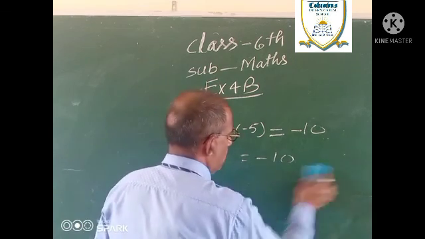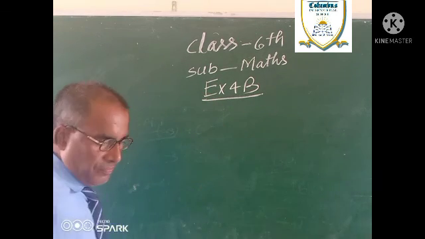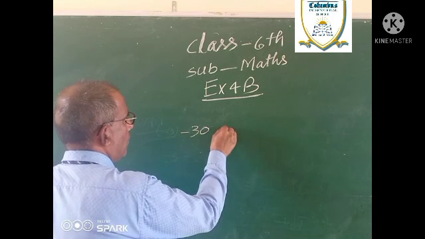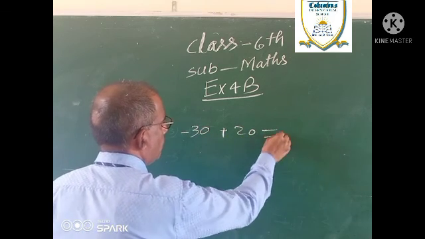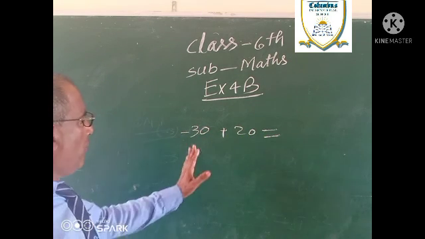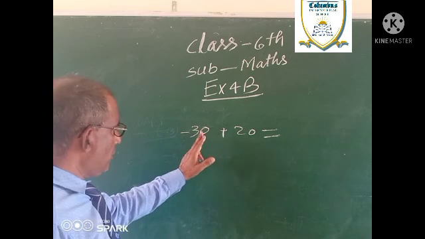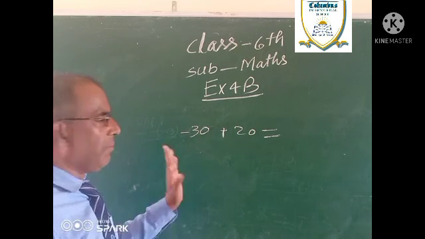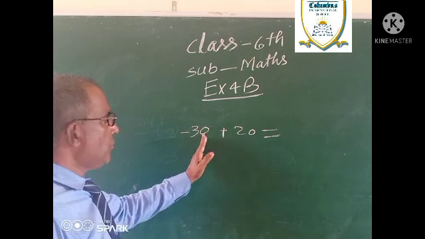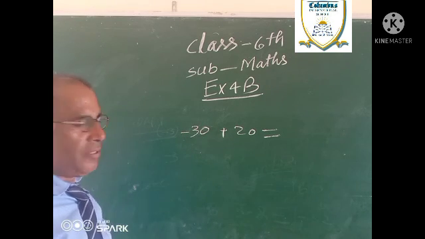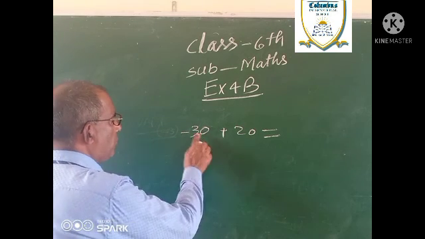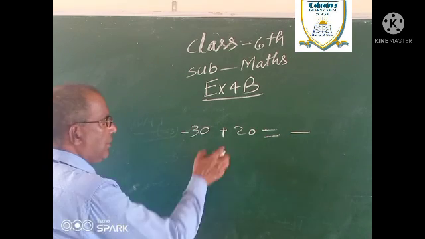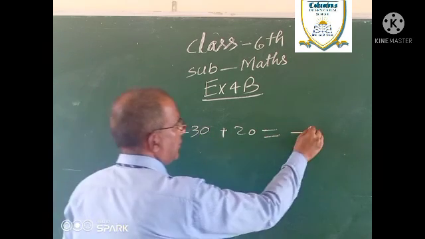Suppose that one number is minus and one number is plus. -30 plus 20. If you are told which number is greater, 30 or 20, 30 और 20 में कौन बड़ा है? हमने माइनस प्लस कोई साइन नहीं लगाया है, तो 30 बड़ा है. 30 is the greater number. What is the sign before 30? That is minus. So minus is the sign of the result. And what is the difference? 30 minus 20, that is 10.